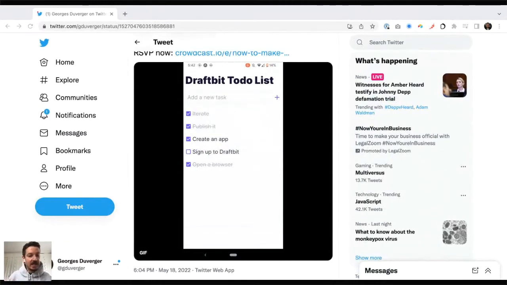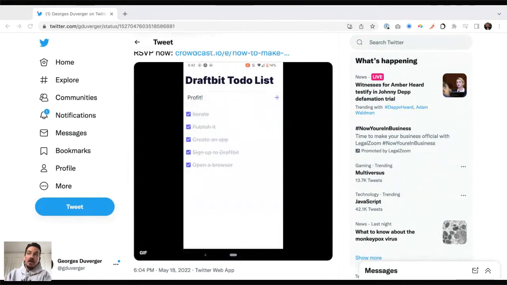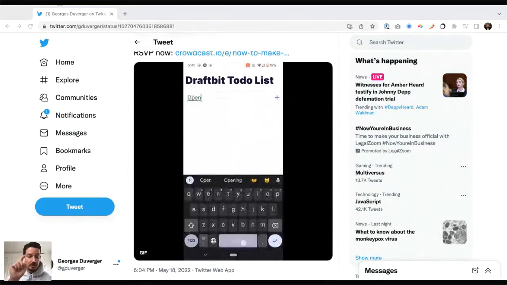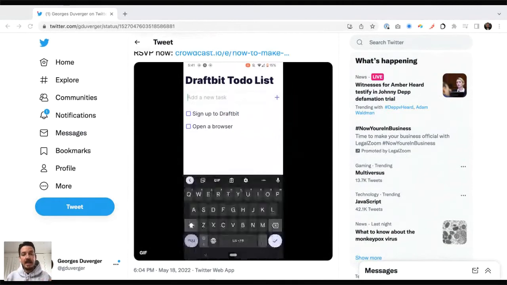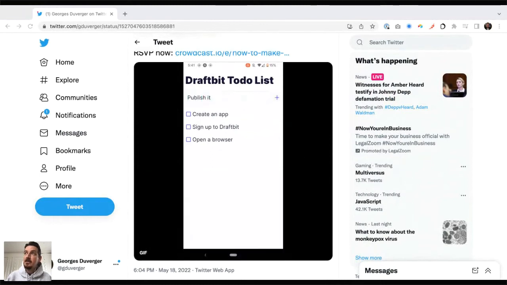You can uncheck it, and it'll uncross the text. You can edit it: if you click on the words themselves, it turns into an edit mode with a little text input where you can change the text. You can save that. And that's essentially it. That's the scope of what we're going to do today.